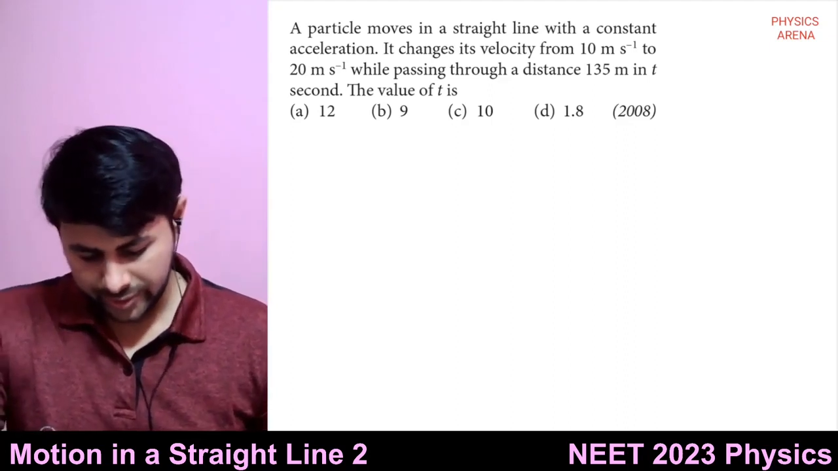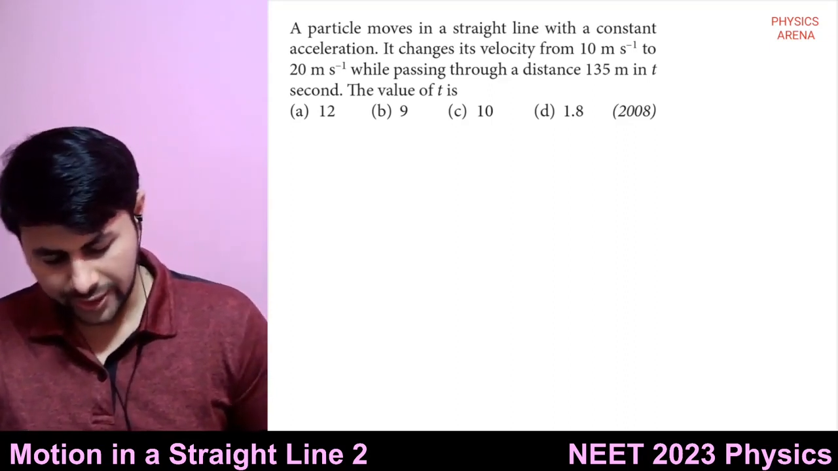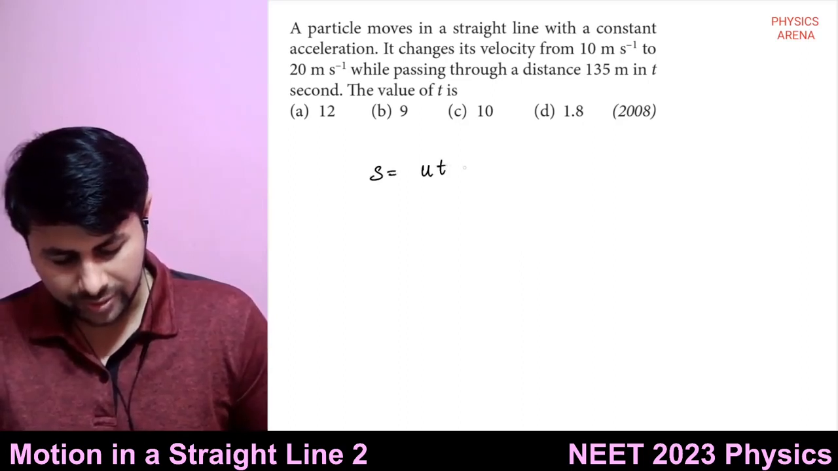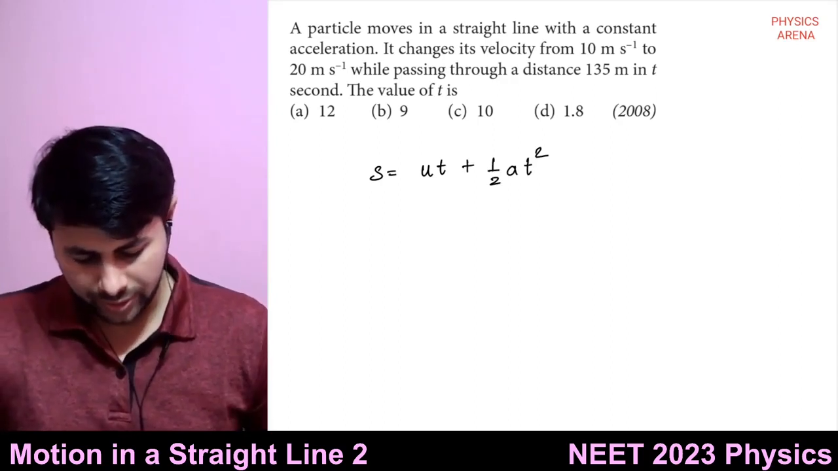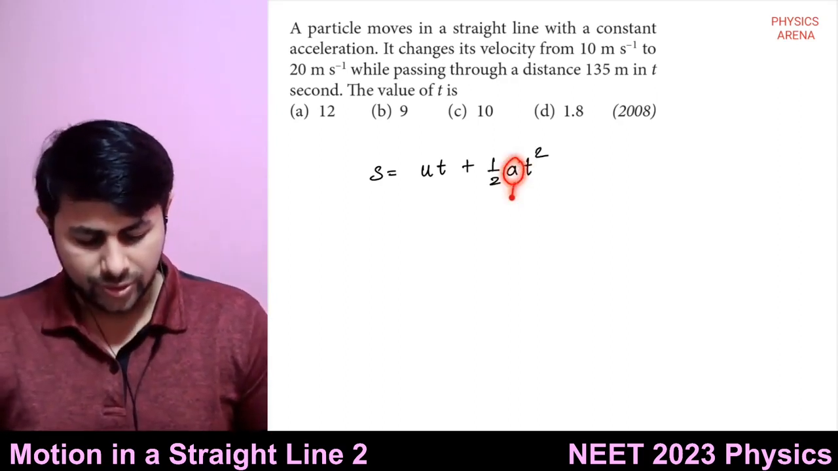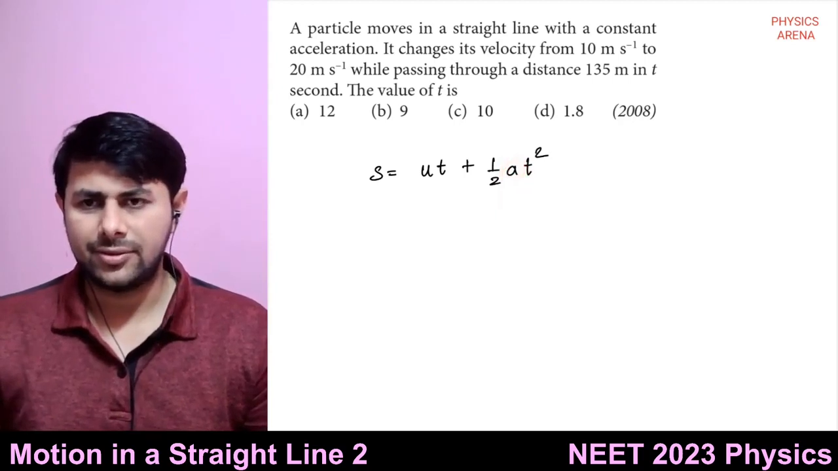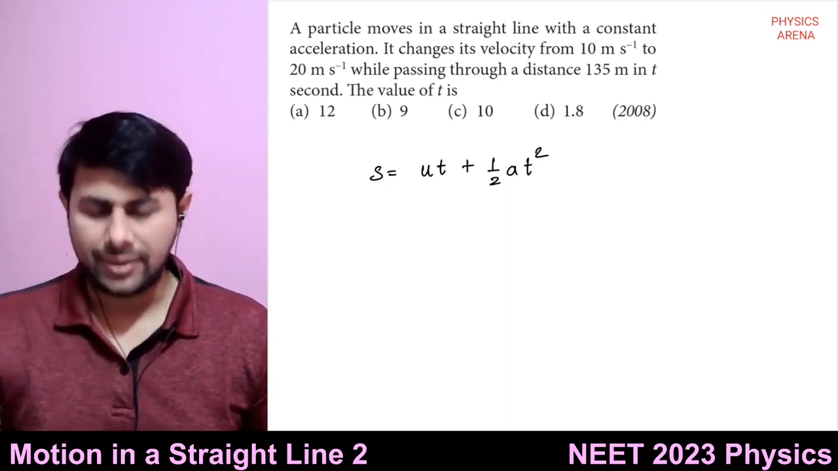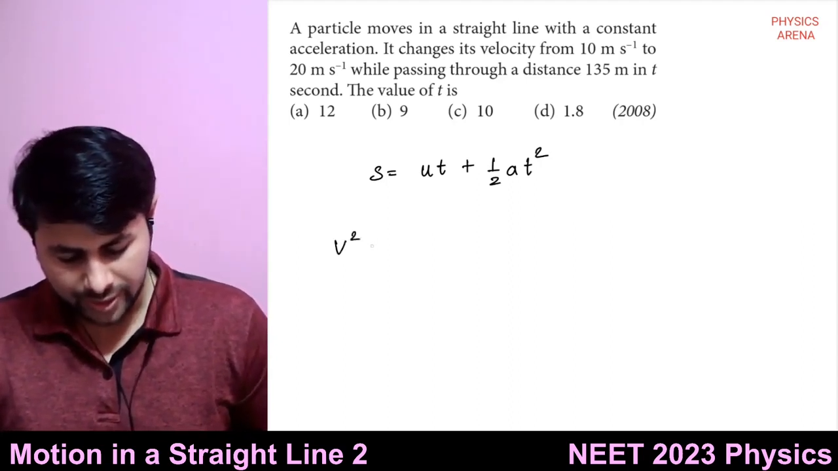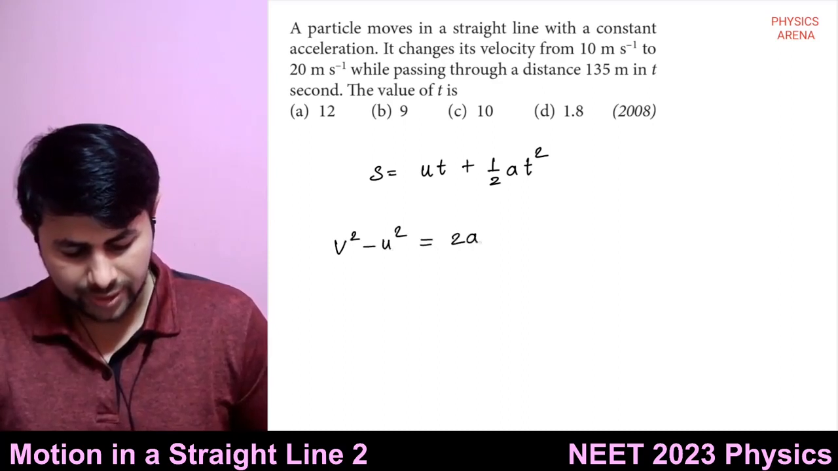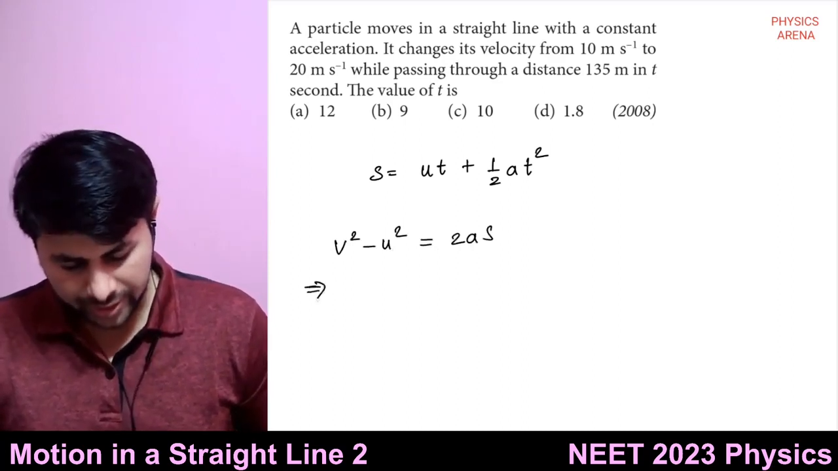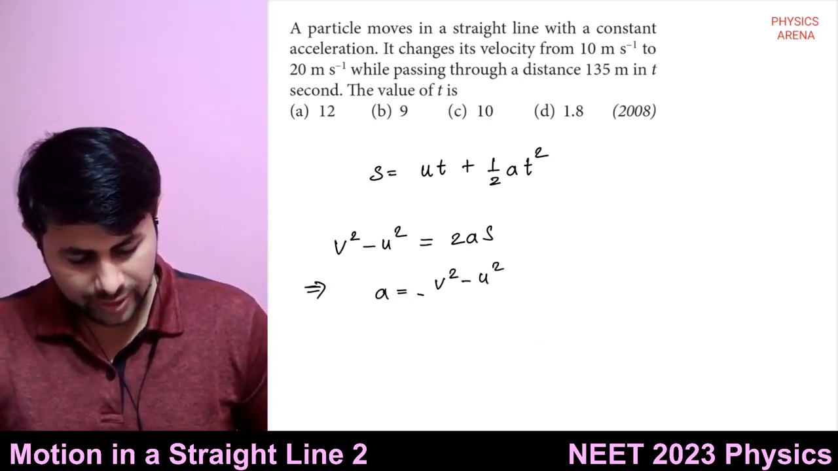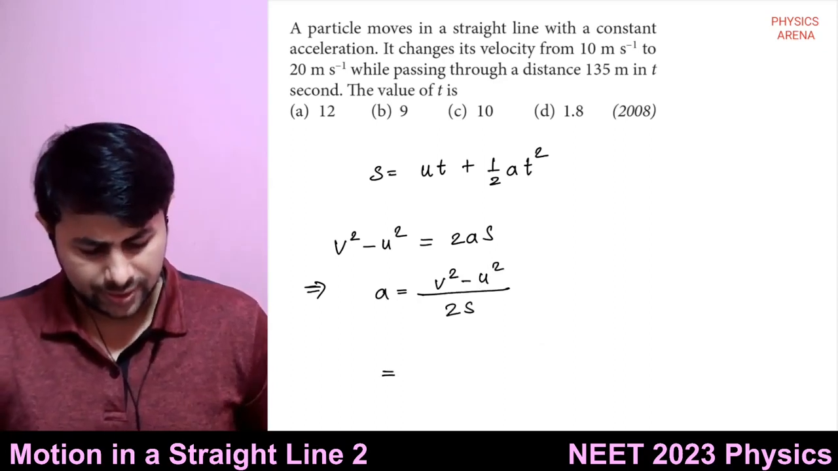Okay, first of all, you need to find out. See, if you use S is equal to u times t plus half of a times t square, you can use this formula. There is no issue, except you don't know the acceleration. Do you know the acceleration? No, sir. Right? So you have to find out the acceleration first. So v square minus u square equals 2 times a multiplied by s. So I want acceleration, which is v square minus u square divided by 2 times s, and it is